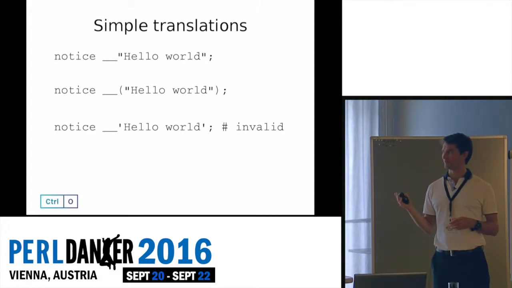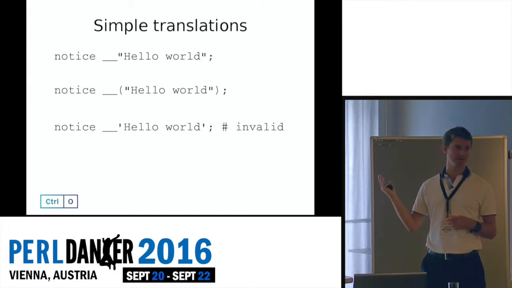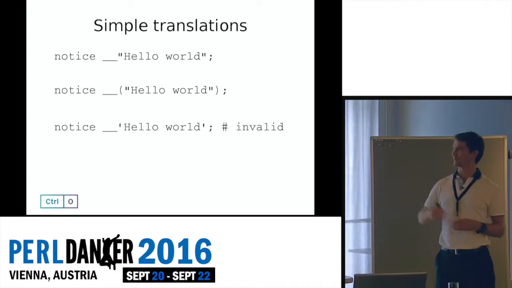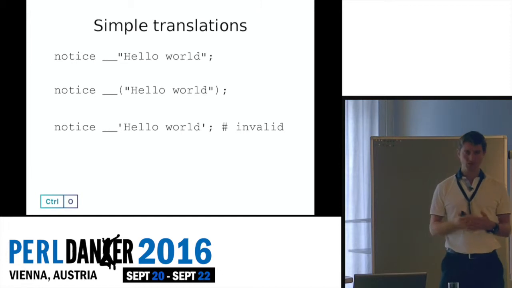The first example would technically be possible, but it's just using the single quotes, and actually it's not valid because the underscore quote is an old Perl way of writing 2 colons, I think. Somebody here probably knows, I don't. It's not valid anyway, is the short answer. So normally write the first one, and if you need to parenthesize it for any reason, then you can write the second one. And what that does,